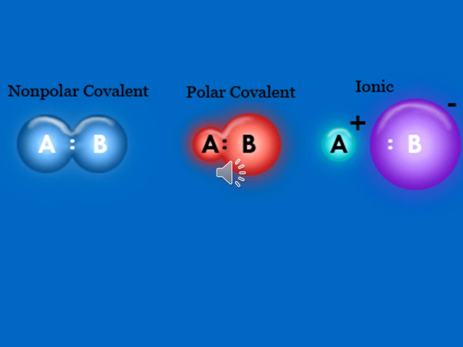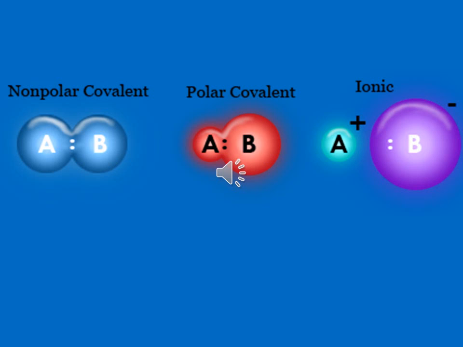As we said, the nonpolar covalent compounds have a small value of electronegativity difference. Like A and B, the difference between them is very small, so they are nonpolar. But in the polar covalent compound here between A and B, we can see that B has a larger value than A, so the difference between them is relatively high. But in the ionic, it's very high. So that's why we said in the ionic bond, the difference in electronegativity is more than 1.7, but covalent is less